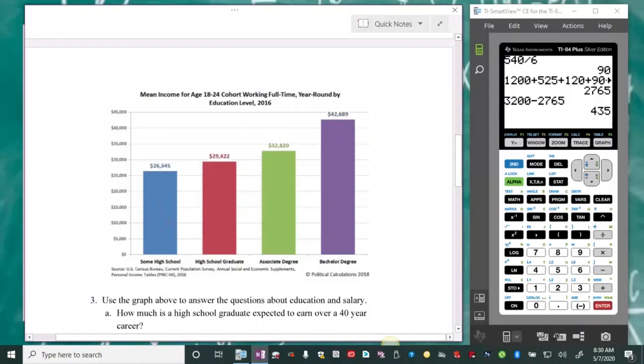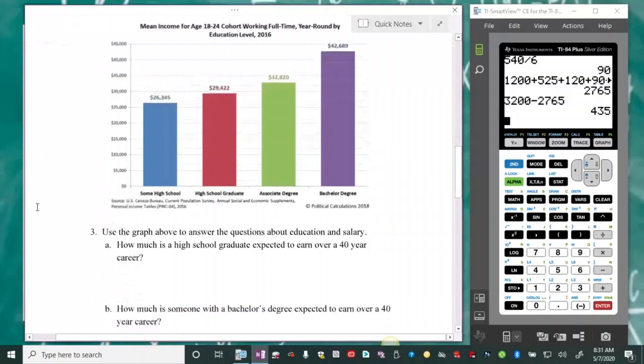Let's see, so if you've got some high school, you're expected to make around $26,000 a year. A high school graduate is going to make about $3,000 more, so $29,000 a year, and then it goes up from there. Associate's degree is $32,820. Bachelor degree is expected to make in a year about